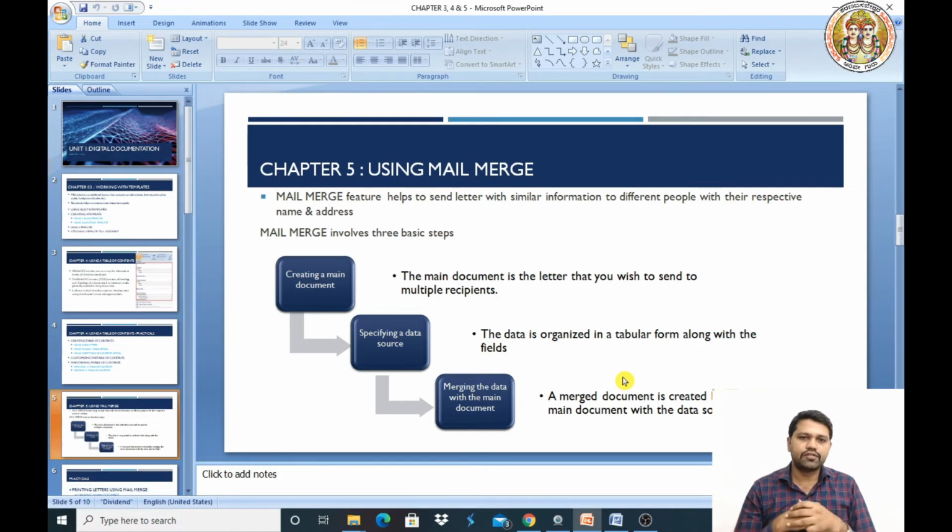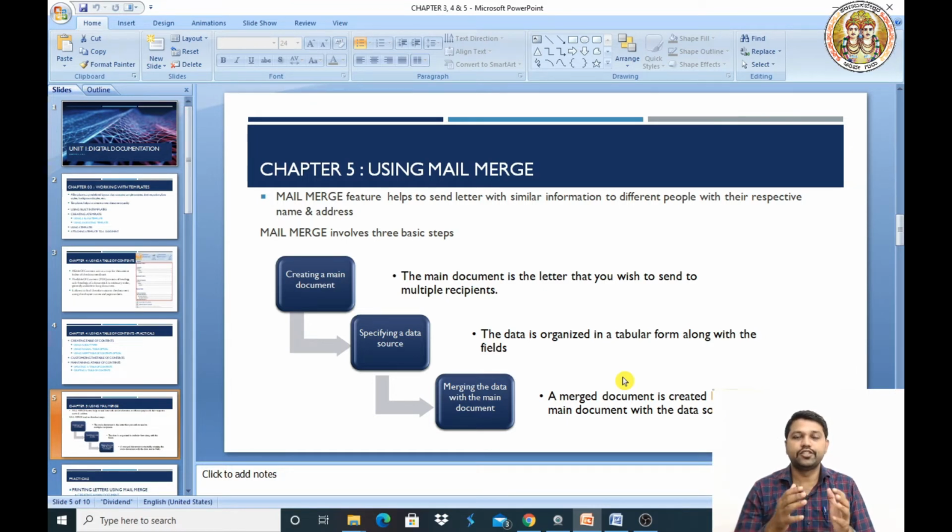So mail merge involves 3 basic steps. What are those? First one is creating a main document. That means we need to create a main document which contains the information that we need to prepare. And the next is specifying a data source. For that we need to create a kind of database.